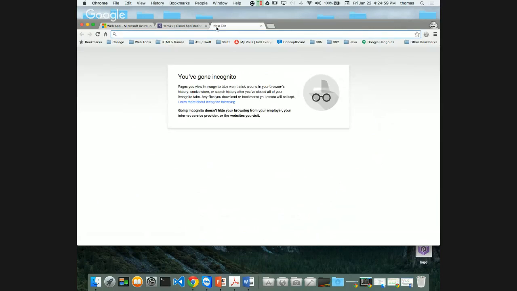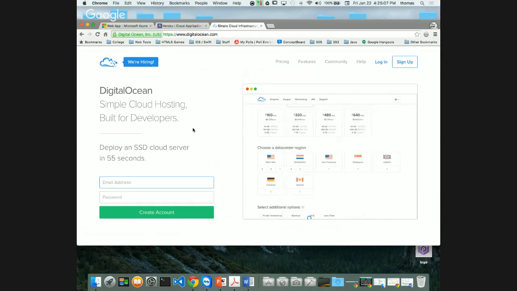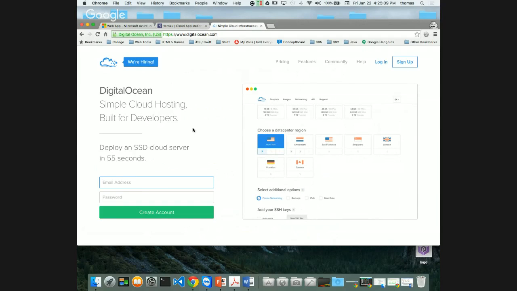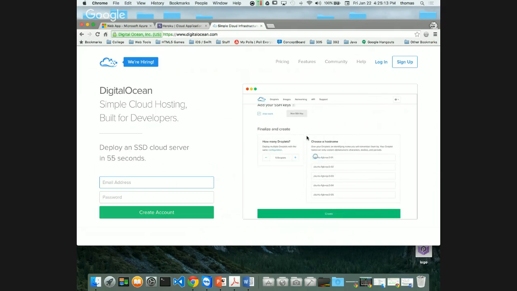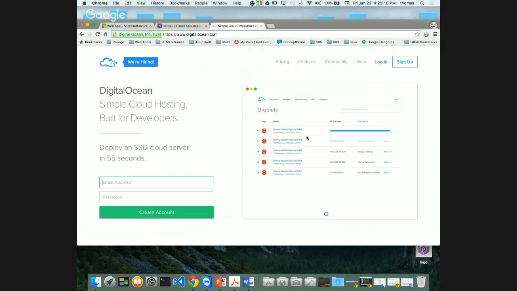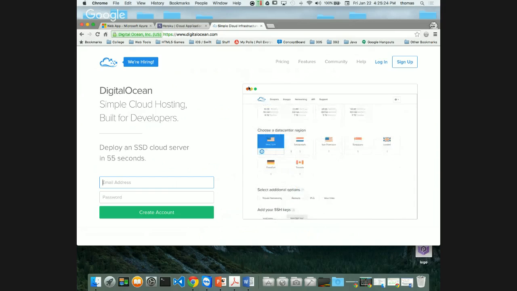The other one that I recommended in the document is DigitalOcean. DigitalOcean is a Toronto-based provider, and it's $5 a month to create your own Linux box, a virtual box that you can make your own server on. If you want to challenge yourself and set up your own Linux environment, your own Nginx server or something like that, DigitalOcean is the way to go. It's $5 a month. I don't believe you get free services here unless you